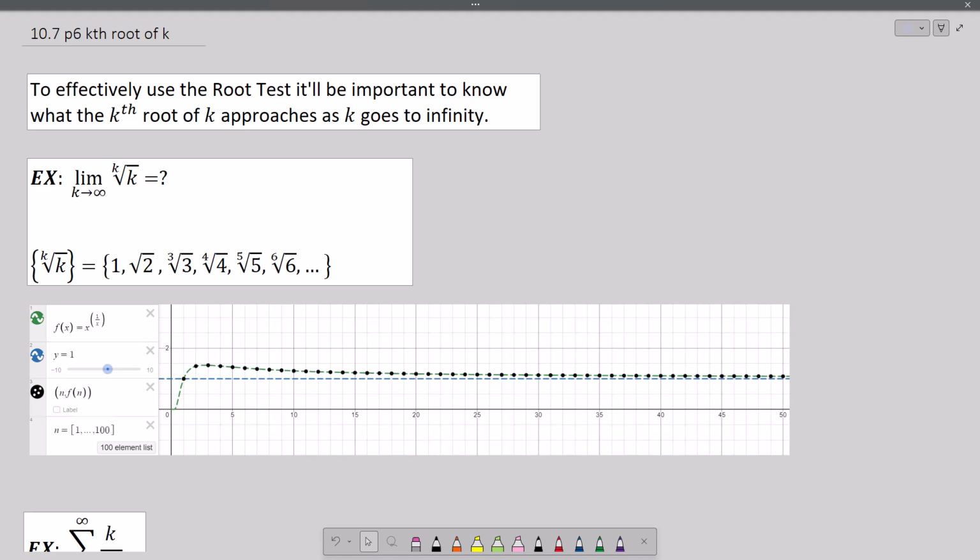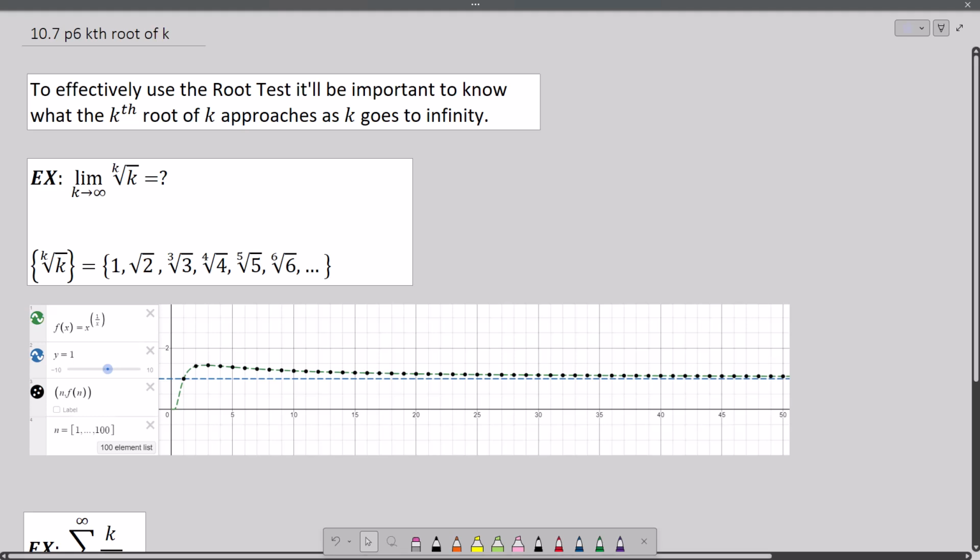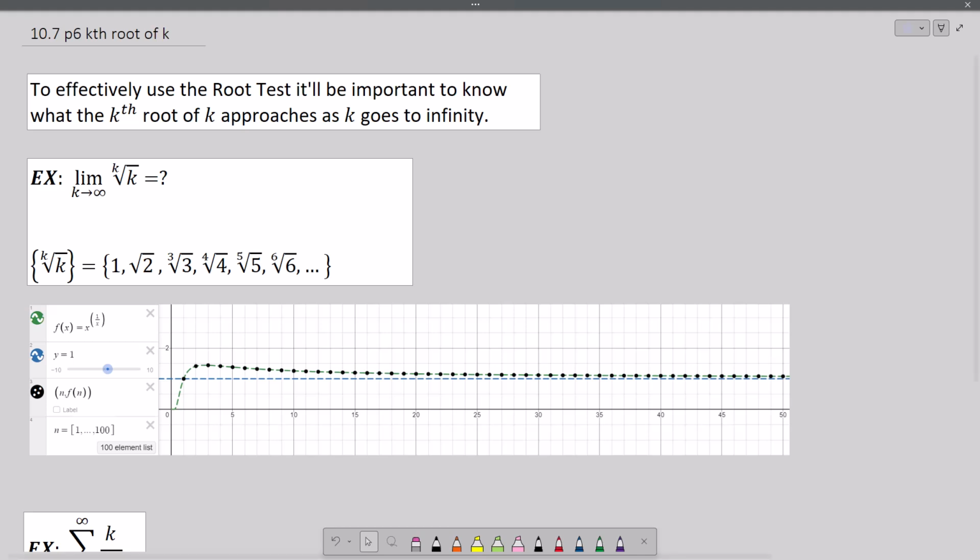What technique have we used to analyze limits? Limit comparison test? It's not a test. We use the test when we're talking about a series. But if we have a sequence and we're trying to find the limit of that sequence, we had this technique that we use called the